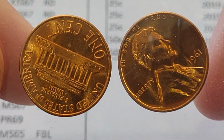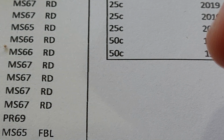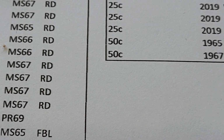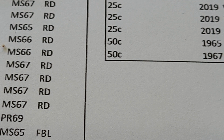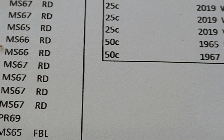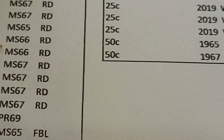I think 4, and just for the record, I think 4 out of 6 of those are 67s, and I think the first 2 that I led with are 66s. So they're very stingy with those high grades. All right, next up,